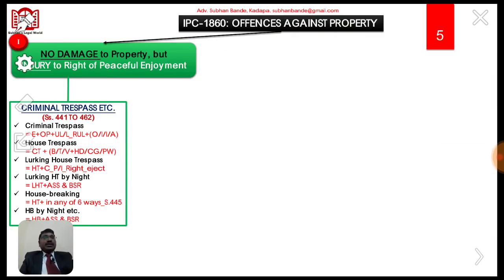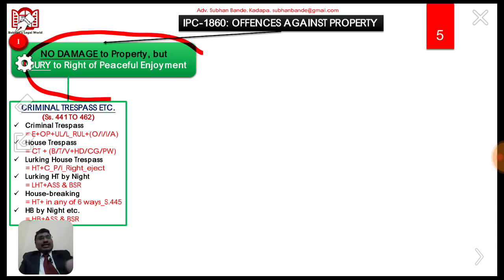Let us discuss the first category of offences against property where there is no damage to the property, but injury to the right of peaceful enjoyment. The lawful possessor of the property gets some injury to the right of peaceful enjoyment over such property, but there is no actual damage to the property. We need to understand this basic conceptualization. Here there is no actual damage to the property of a lawful possessor,